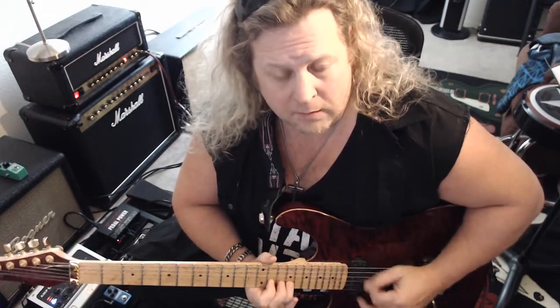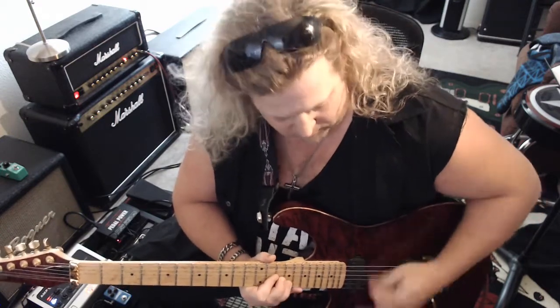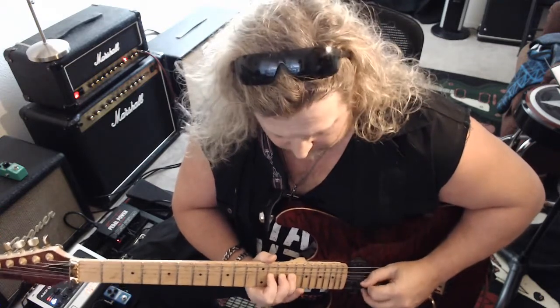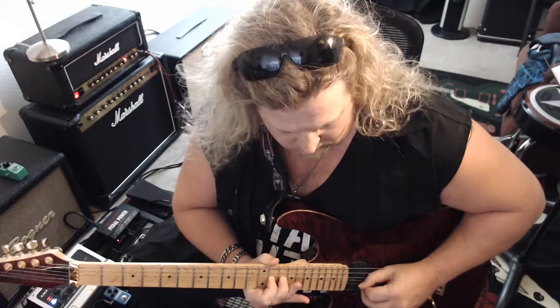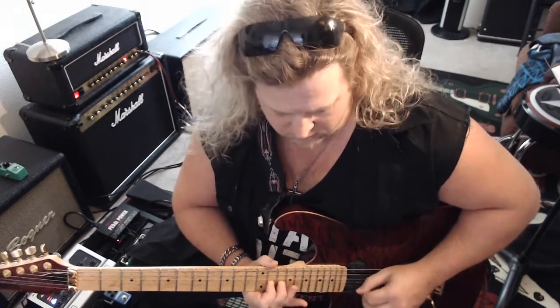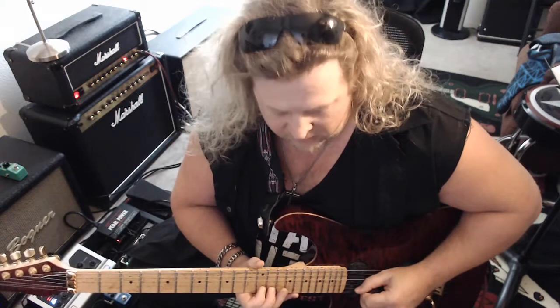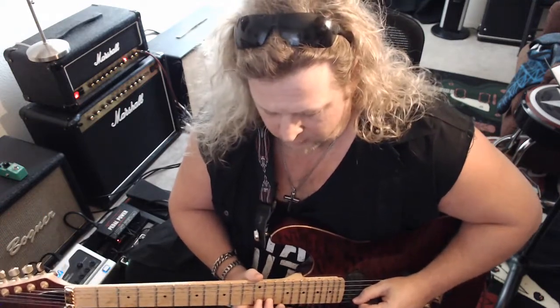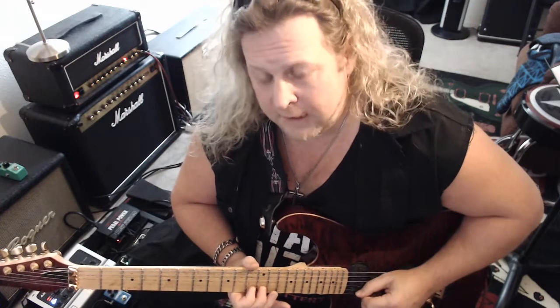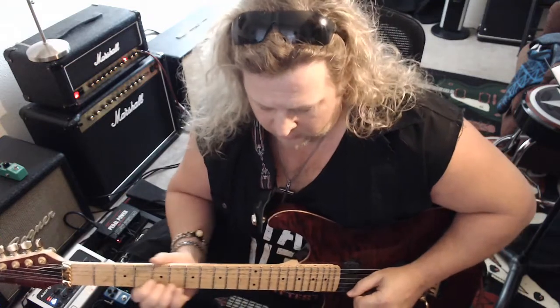Just about zero noise. And you can even really dig into that. Second note, that's a half step bend from C sharp to D, basically targeting that D note. And then another half step bend from 13 to 14, so now I'm targeting a C sharp. And then I'm going a half step from 12 to 13 to hit that C note. So the whole line would be